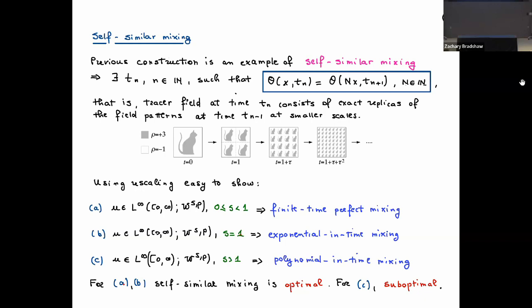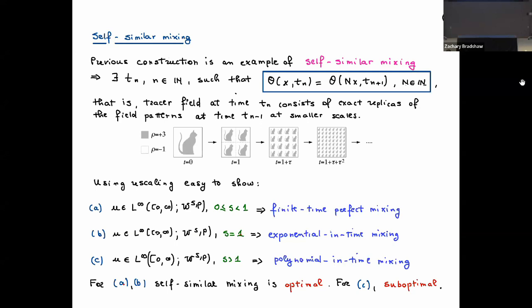And what I will show, well, we already showed that this is optimal in case A, okay? I will show next that this is optimal in case B, okay? But this is not optimal in case C. This is suboptimal because the optimal rate, in fact, is exponential. And even if you didn't know what the optimal rate is, of course, this norm is stronger than this. So if the lower bound is exponential for s equal 1, it has to be at least exponential for the other case. Okay, so let me show you that this exponential lower bound is in fact achieved.